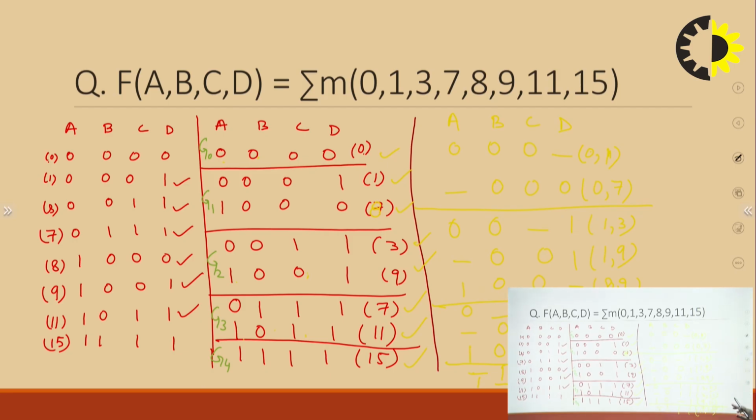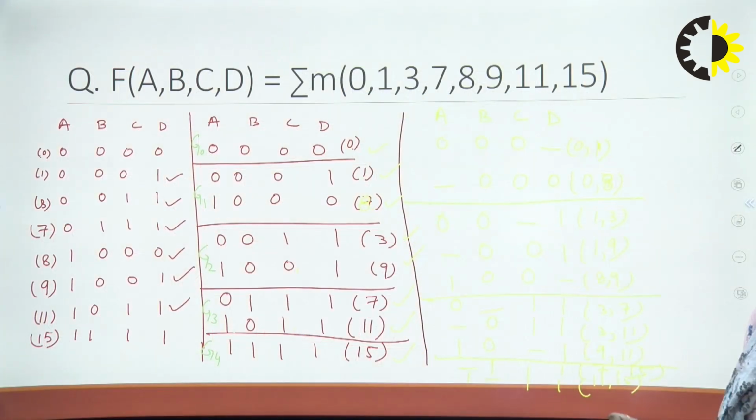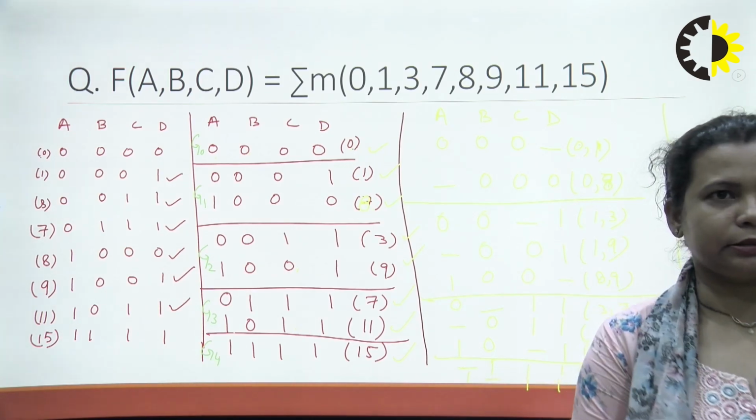In the next step, I have compared, and the comparison, I think this is visible because this is looking like a neon color. So I think G0 I have compared with G1. In G0 you see you have only 0. So you first compare 0 with 1, then 0 with 8. Similarly you write 0 and 8. Then you compare 1 and 3, 1 and 9, 8 to 9, 8 to 3 and so on. So this is how this step is complete, right? I think this is clear.